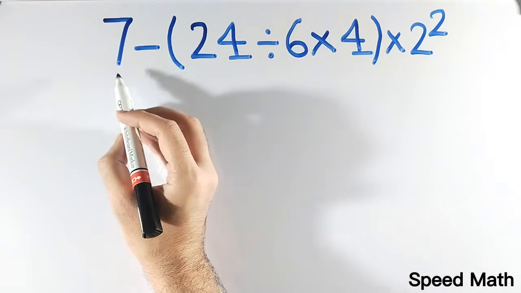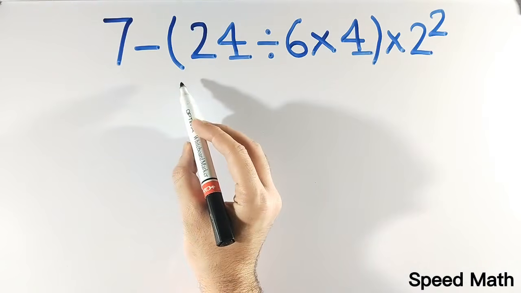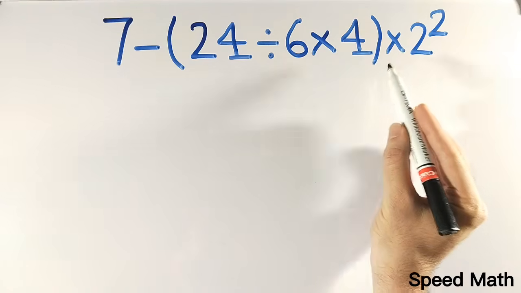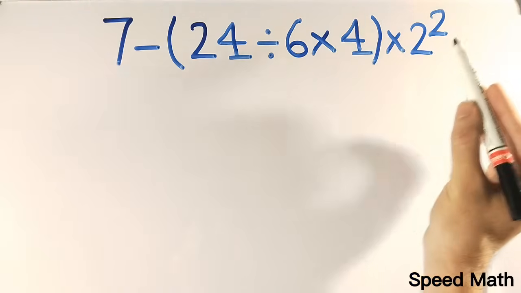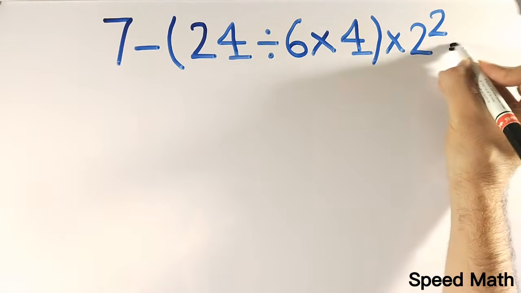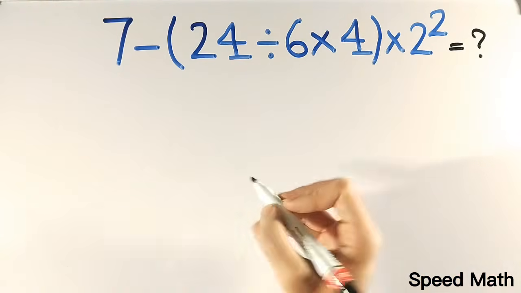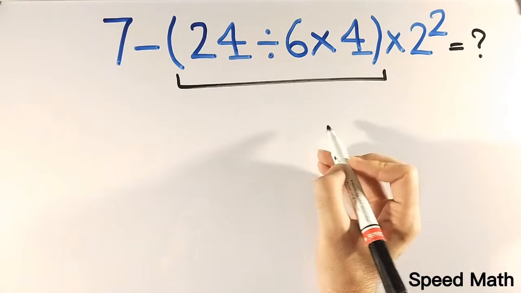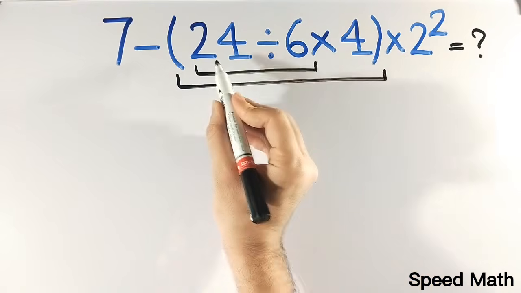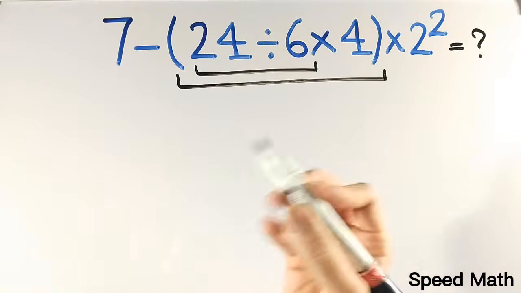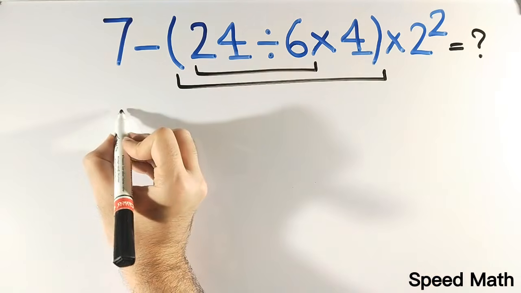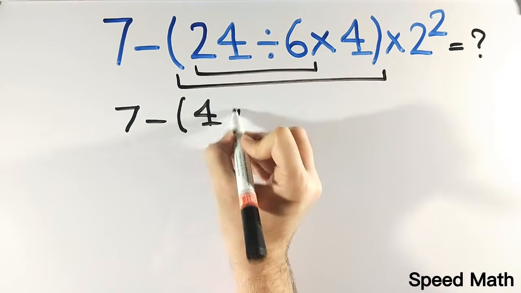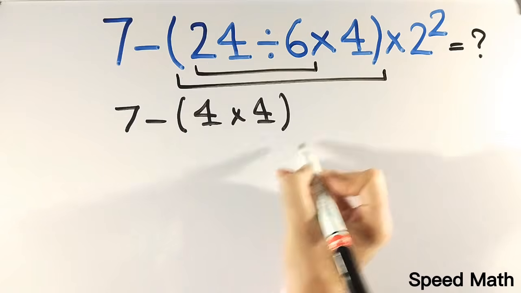If we have the expression 7 minus open parenthesis 24 divided by 6 multiplied by 4 close parenthesis and multiplied by 2 squared, then what is the correct answer of this question? Many people when solving this question first go for the expression inside the parenthesis and solve with the division between 24 and 6. So instead of this expression they write 7 minus open parenthesis 4 times 4 close parenthesis and